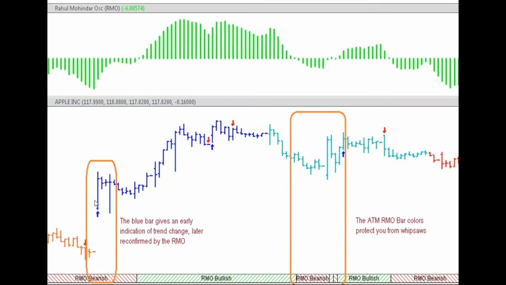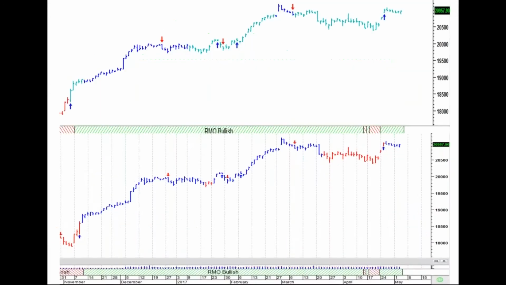And like here, for example, it gives you the dark blue, even though the RMO is negative, giving you a first-hand signal that there is a likelihood that the RMO will go above zero, and it gives you some readiness for that change. So I hate keeping on comparing it, but I get the question so often. So let's do a quick comparison. Here are two charts. Right at the bottom is the original RMO system, and you can see what happens over here. You get a couple of red bars, and you get the RMO which goes negative. If you look down at the x-axis, you can see the red color creeping in. And that's where we might get a little fumbled up.